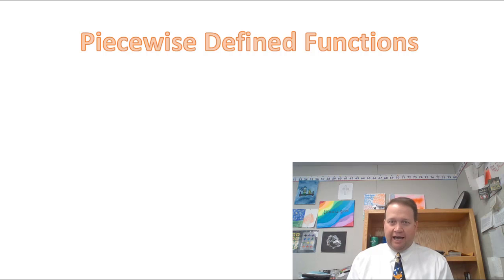Today we're going to look at graphing a piecewise defined function. What a piecewise defined function means is that we're going to have more than one rule to apply, and it will depend on what the value of x is. It'll say if x is within a certain range, like for example, if x is less than 3,